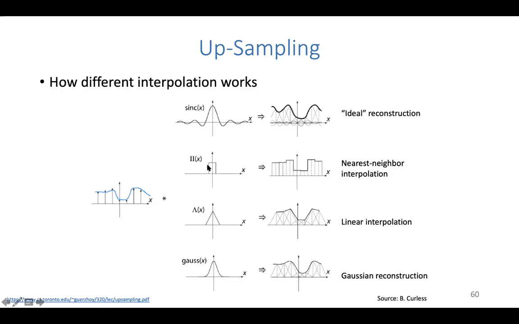If you have a unit impulse like a rectangular shaped thing, and you slide it along this axis, then you would have a signal that looks like a step function, like this. And this is what we call nearest neighbor interpolation. Linear interpolation looks like this. It's a linear weighted sum type. If your unit impulse looks like a triangle, then that amounts to weight summing your neighbors. So you slide this unit impulse along this axis,